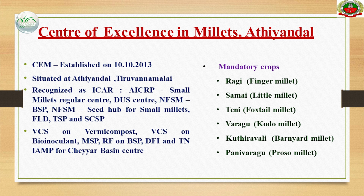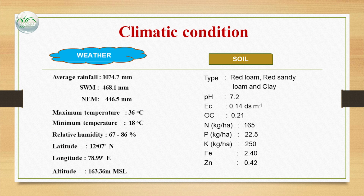The main mandate crops of this station are finger millet, little millet, foxtail millet, kodo millet, barnyard millet, and proso millet. We are conducting research on these crops only, sir. We have 23 acres of cultivable land with an average annual rainfall of 1074 mm. We have different types of soils, that is red loam soil, red sandy loam soil, and clay soil